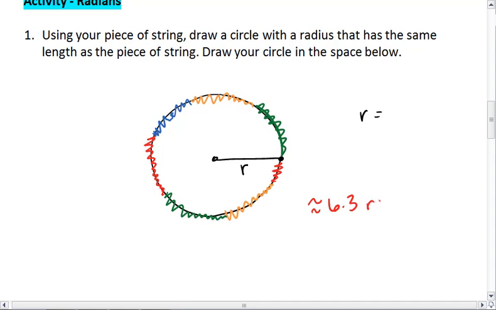We have about 6.3 radius lengths on our circle. So if we were to cut our circle here and stretch out the circumference, it would be equal to 6.3 of